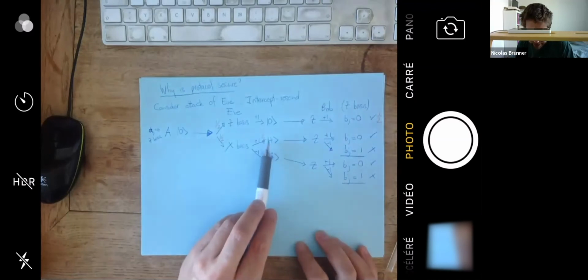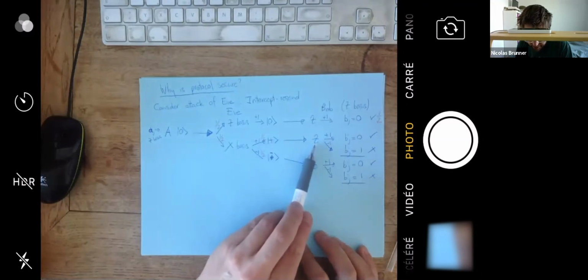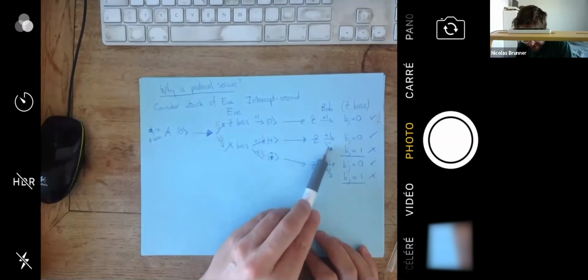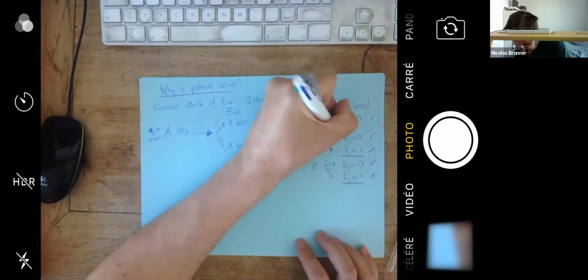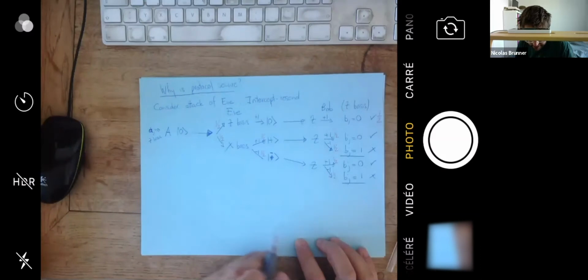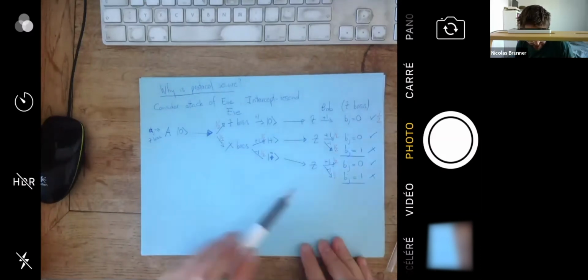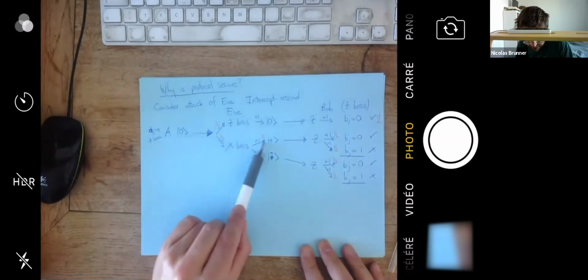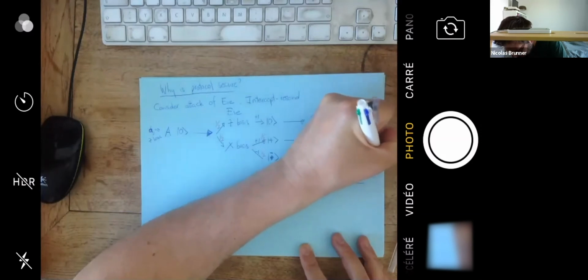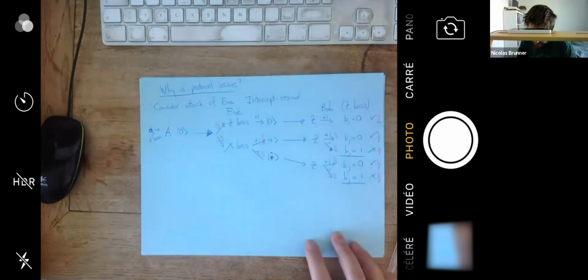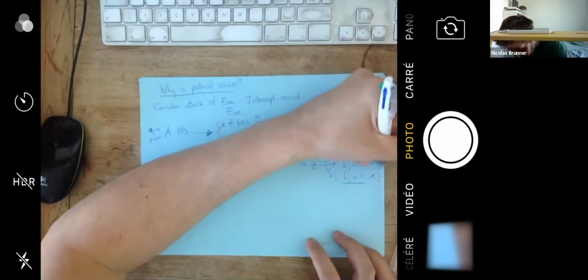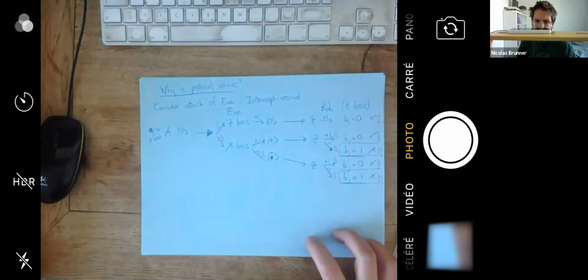Now Eve forwards to Bob some state that is not an eigenstate. So Bob makes a measurement again that gives random results. So here I have a probability 1/2 and 1/2. And same here. Okay. And so if I compute all of these 4 here, they are all the same. You see this is 1/2 times 1/2 times 1/2. So it's 1/8, 1/8, 1/8, 1/8. And now, I have my two cases with an error that are here, and each one has probability 1/8.